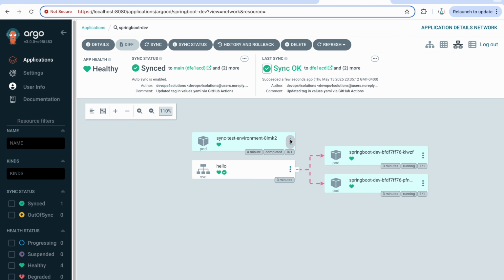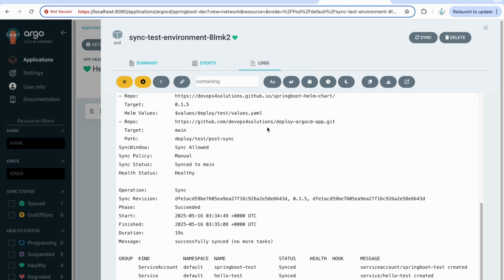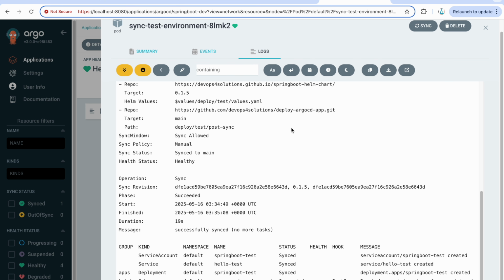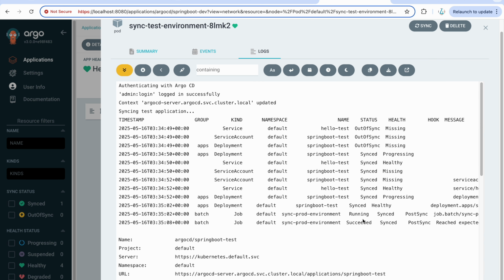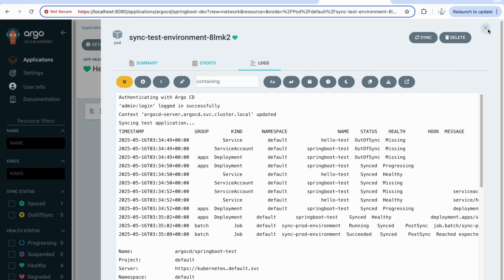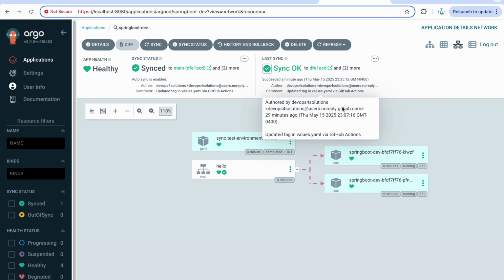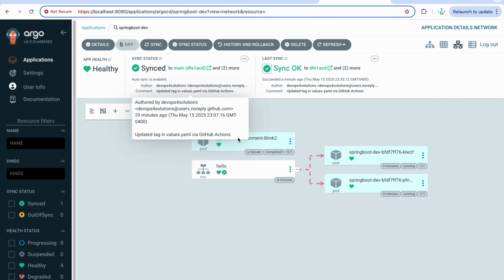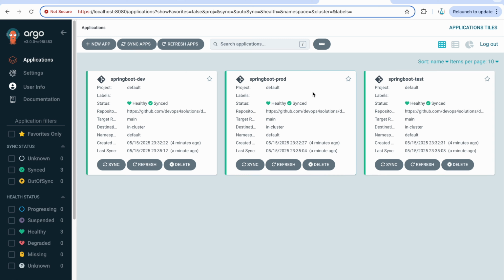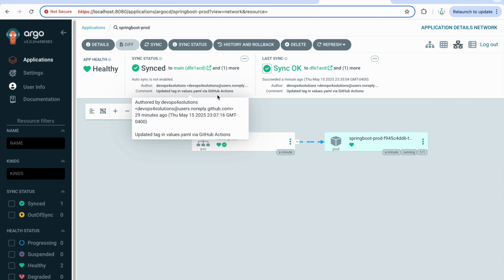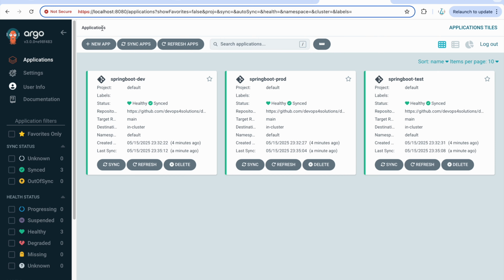And here you can see your post job, and you can see the logs also, where it provides all the details, and it says that it's created and succeeded, all the details of your post hook, also admin login authentication, all the logs you can check there. So this shows that it syncs to test and then it syncs to prod also. Here you can see how it is running. So this is the first-time setup; you run it and everything is looking good.